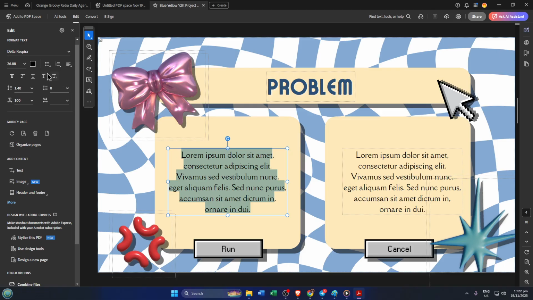Over on the right in the Format pane, you'll find a section labeled Paragraph. Here's where things get fun. You'll see two little icons, one for bulleted lists and one for numbered lists. The bulleted list looks like 3 lines with bullet points, while the numbered list shows lines next to 1, 2,